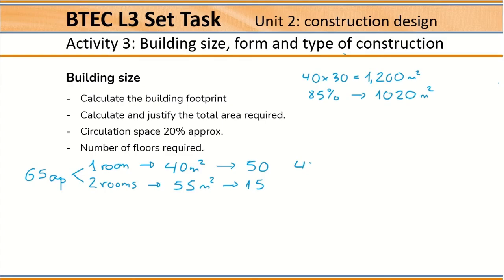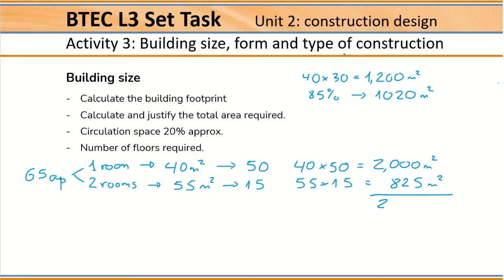If I multiply 40 times 50, I have 2000 meters squared, which is the area of the apartments with one room, and 55 times 15, 825 meters squared, and this is the area of the apartments with two rooms. If I add this together, I have